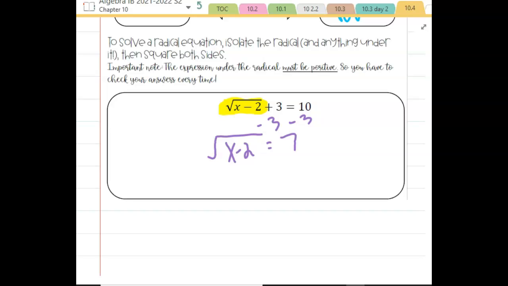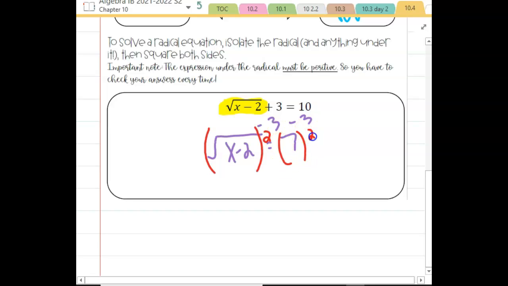What undoes a square root? Square, yeah. So you're going to square to get rid of the square root. But we know if you're going to square one side, you have to square the other side as well. Now what happens? Just like when we did completing the square, it kind of looked like this, just the opposite,